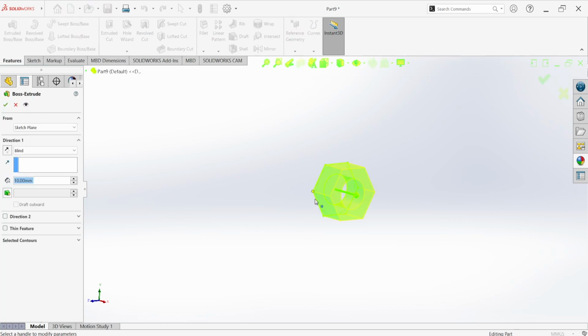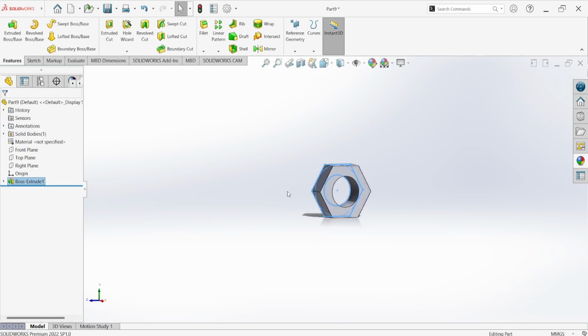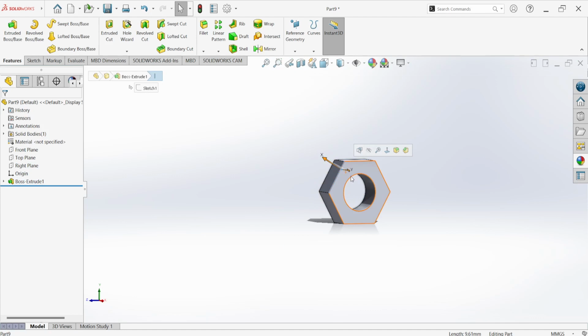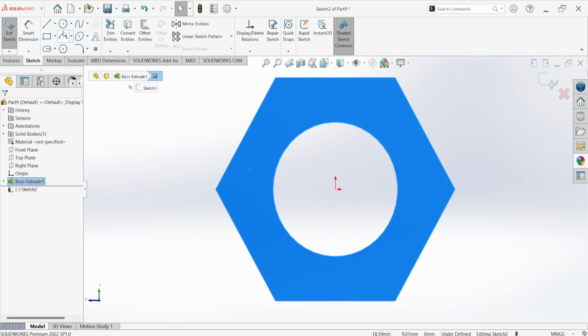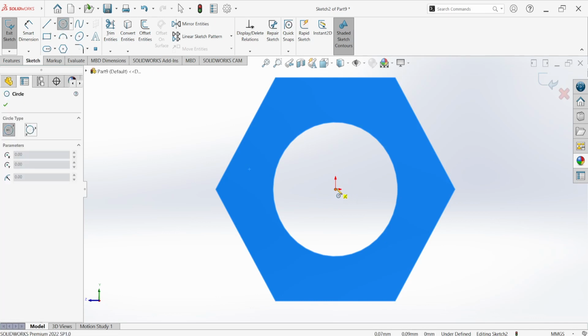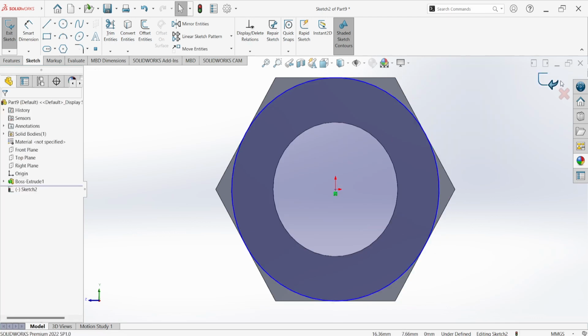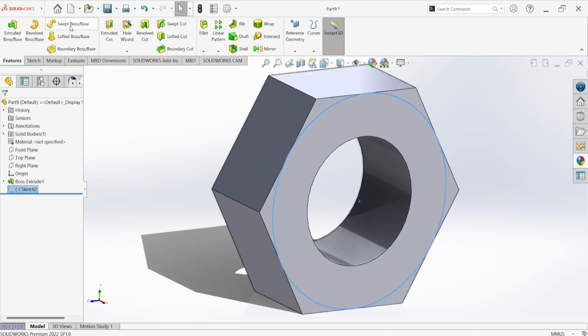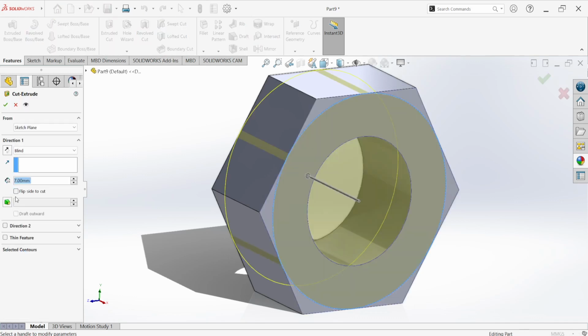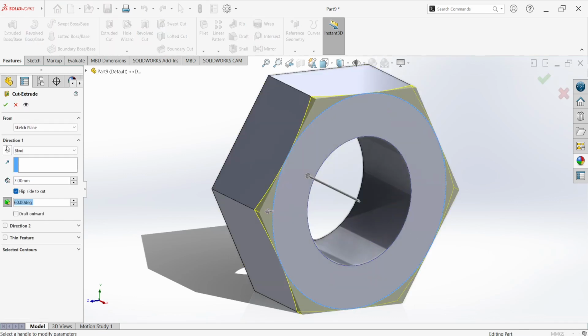apply extrusion, shape 1 mm. Okay, you can choose this page and choose sketch and draw a circle from its center to its corner. Exit and apply extruded cut, flip outside and provide the draft angle 60. Okay,